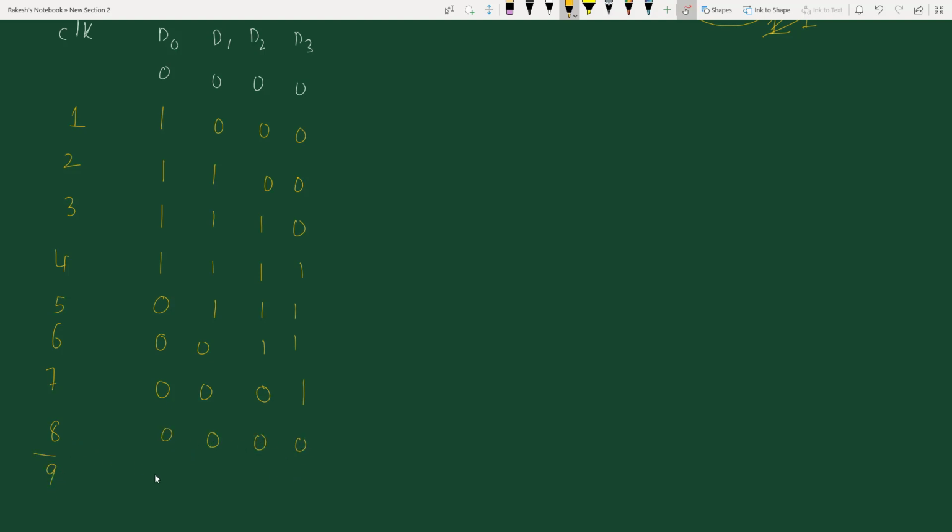And 9th will be again 1, 0, 0, 0 because at this place your corresponding Q3 bar will be 1. This acts as input to the first flip-flop. So that means your Johnson counter is going to count a total of 8 states or 8 events. That means your Johnson counter can be useful wherever you want to count 8 pulses or 8 events. Now I am going to show you this circuit.